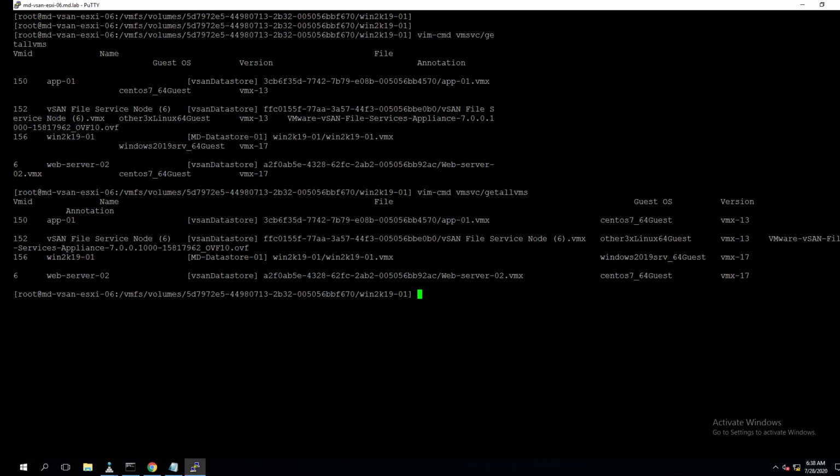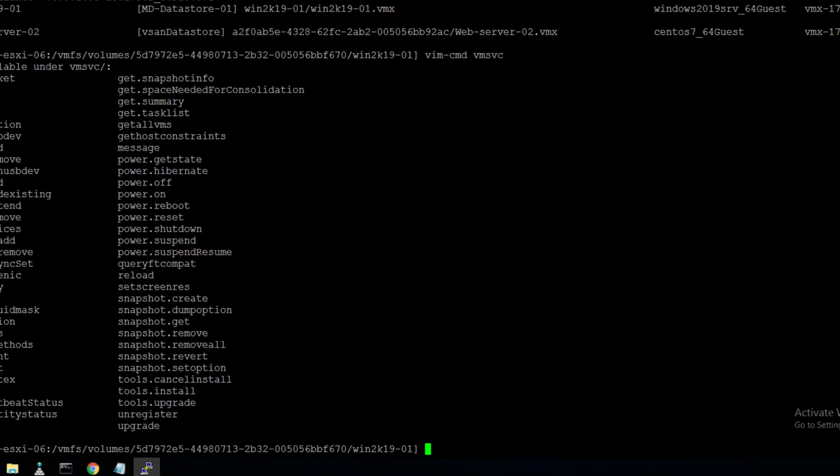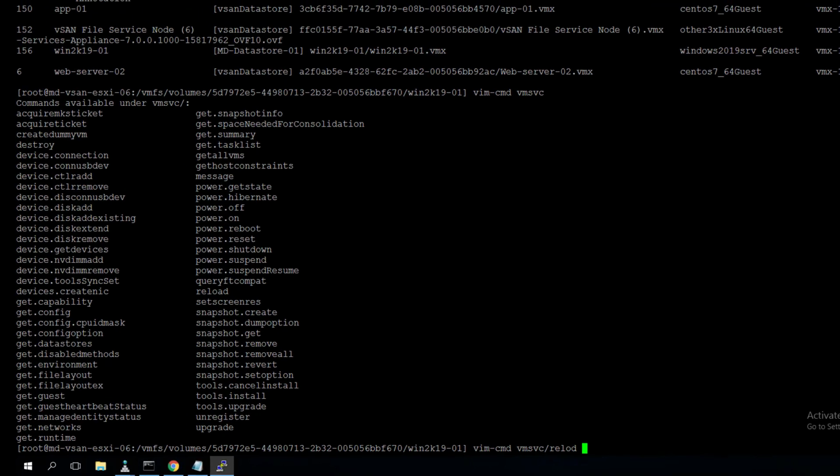Okay, now we have made the configuration, just cat the file and validate the entries are there. Now we made changes to the vmx, right? There are two ways we can reload the virtual machine configuration file. One is to remove the virtual machine from the vCenter inventory and re-add it, or we can do it from the command line using vim-cmd vmsvc. You can put a slash getallvms to get all the virtual machines registered on that particular ESXi host, and get the id of that particular virtual machine.